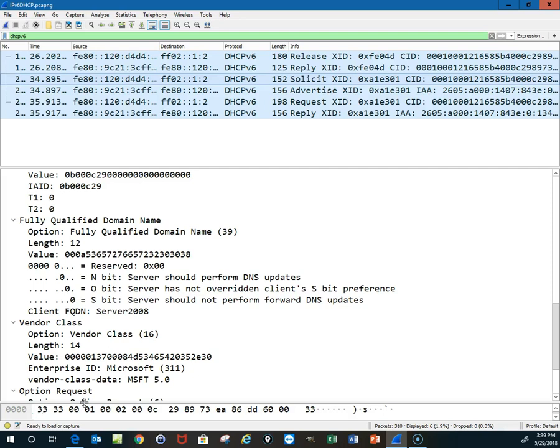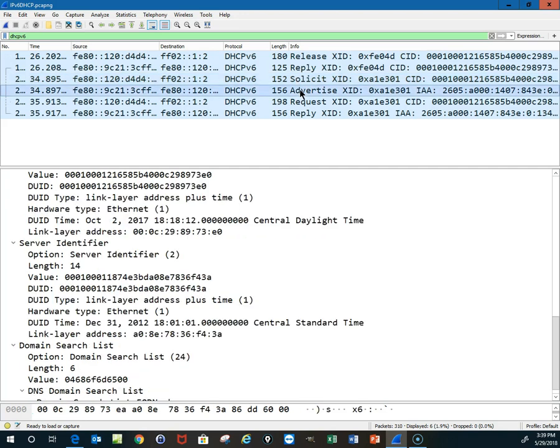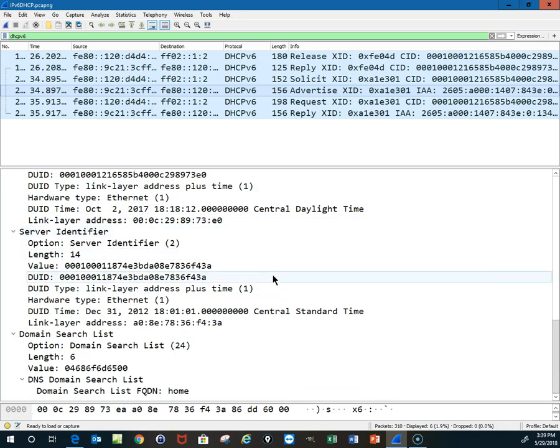Before we get going with the EUI64 demonstration, I thought I'd let you see what DHCP for IPv6 looks like. This is actually a release. I released and then got it back. But here we have a solicit and an advertise, and if we were doing auto configuration, we would have a solicit and an advertise, and the advertise, instead of in this case giving me a full IP address, would give me